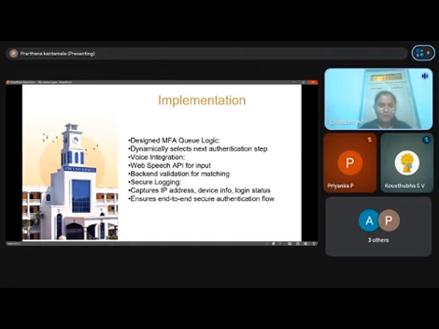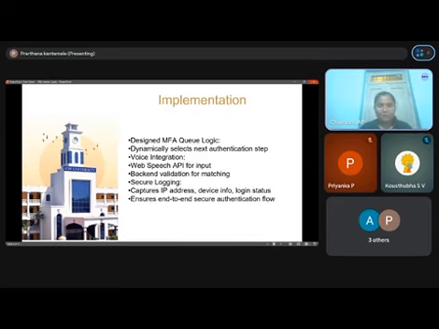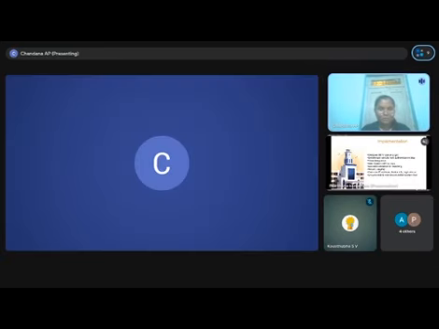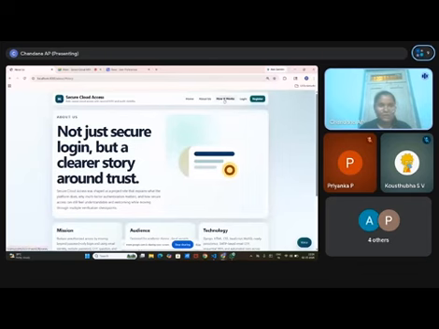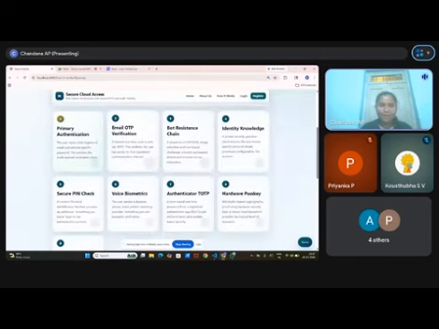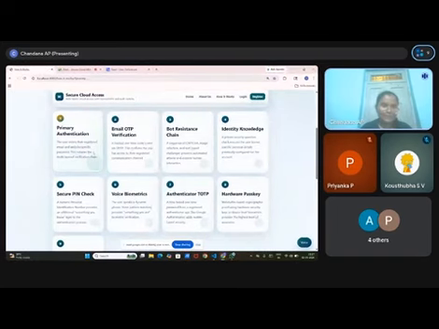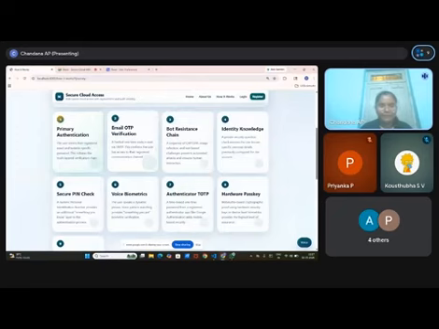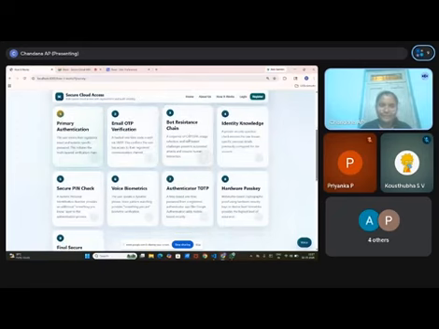This is the home page, and this is everything here, and this is exactly the workflow, how it works. As I explained, the primary authentication will be based on the email. The user will provide a particular email, and for that email an OTP will be sent. Based on that,